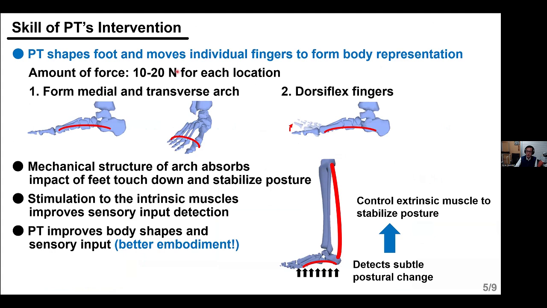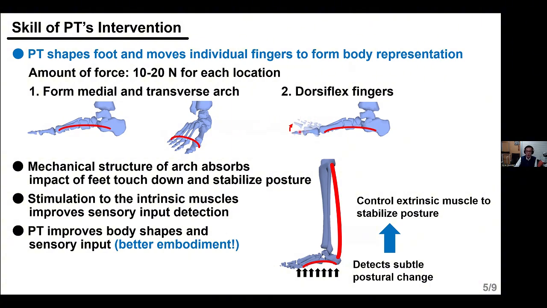So this slide shows a brief result of the scale of the PT's interventions. We found that physical therapists try to shape the foot and also move individual fingers to form the body representation. The amount of force applied to the foot is about 10 to 20 newtons for each location. The interventions target is first to form the medial and transverse arch, and the other one is to dorsiflex their